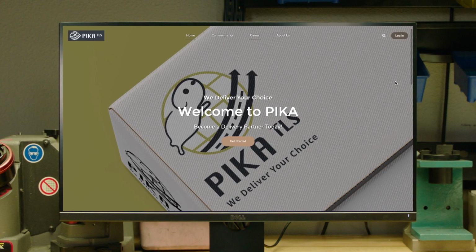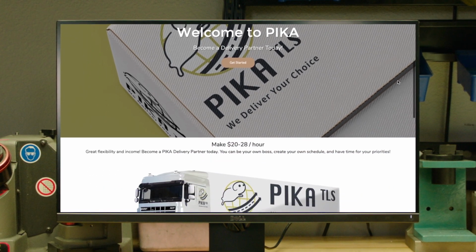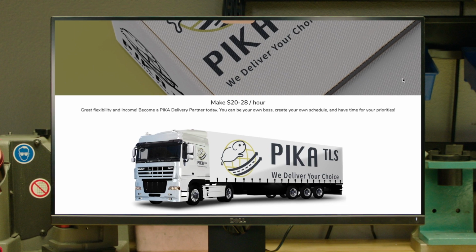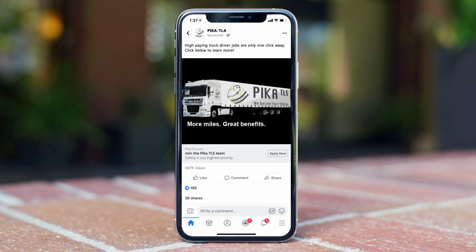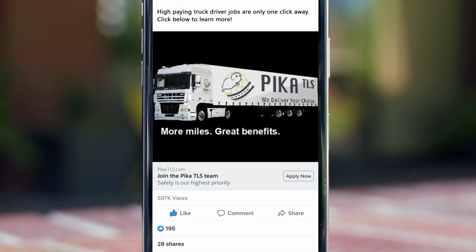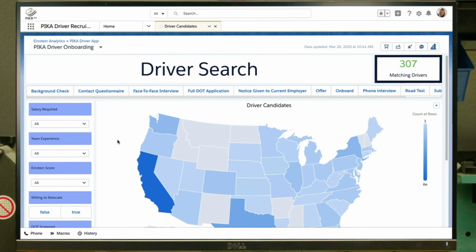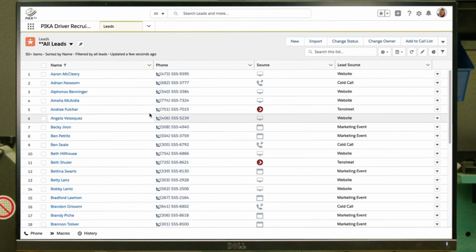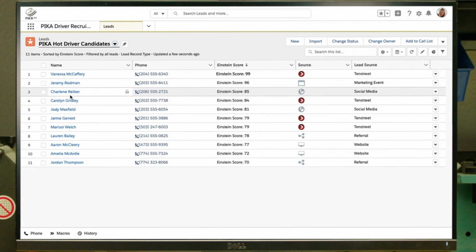Salesforce helps transportation and logistics companies deliver a complete employee experience at every stage of their journey, from hire to retire. With Marketing Cloud, you can increase conversion rates by using targeted ads to recruit the most qualified candidates. After they've applied, Sales Cloud makes recommendations and prioritizes candidates, letting recruiters see a ranking that compares them to other